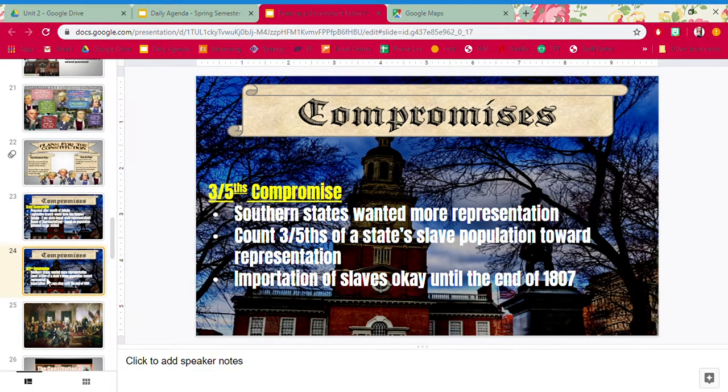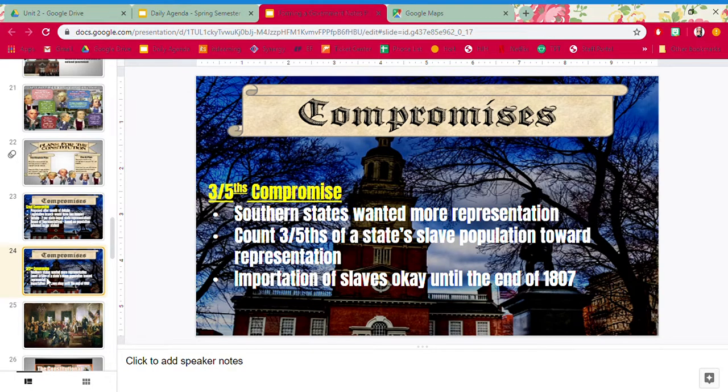Because, right, they're Southerners, but there's tons of slaves. And they're like, oh, if we counted the slaves as part of our population, we would get more representation. But do you see how ironic this is? Because do the slaves actually have any voice or say in their government? No. So why would they be counted as population? How about you just free them and then everything's good?